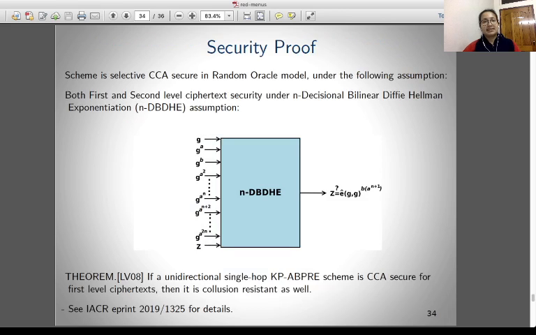Our scheme is selective CCA secure in the random oracle model under the assumption of n-decisional bilinear Diffie-Hellman exponentiation, that is the n-DBDHE assumption, for both the first level and the second level ciphertexts. Also, as per the theorem by Libert and Vergnaud, if a unidirectional single hop KP-ABPRE scheme is CCA secure for first level ciphertext, then the scheme is collusion resistant as well. So our scheme is also collusion resistant. For the details of the proof, please refer to the ePrint report number